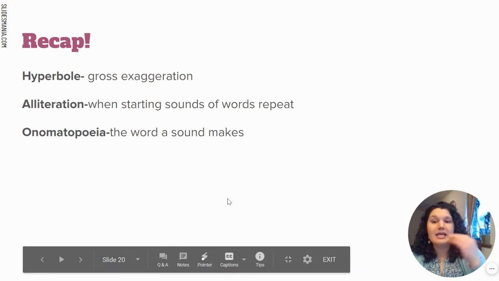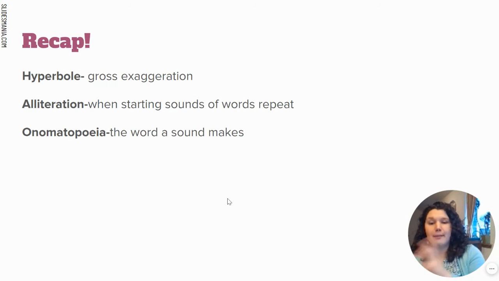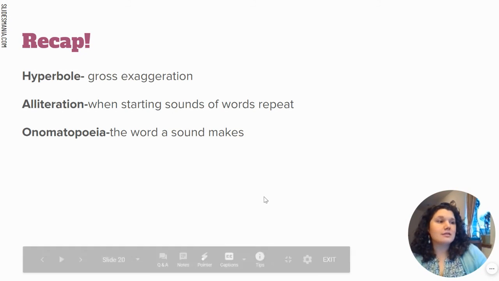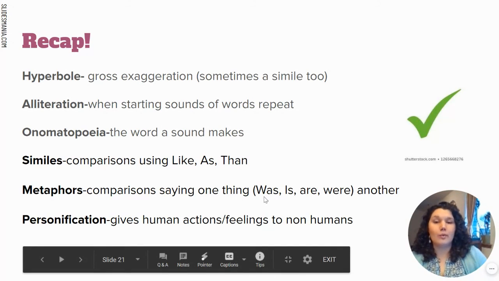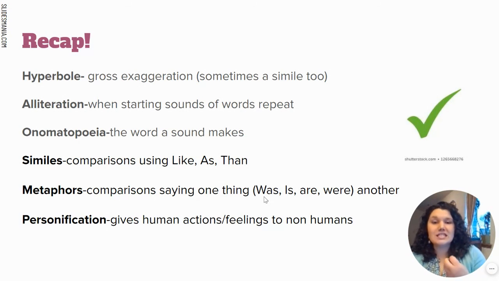So to recap, this is what we're adding to. Hyperboles are an over-exaggeration. So gross, I don't mean icky. Gross is like mega, like a lot. So a hyperbole is an exaggeration. Alliteration is when you have the repeating sound at the start of the word. And onomatopoeia is the word a sound makes. So if we add that with what we already know with similes, metaphors, and personification,